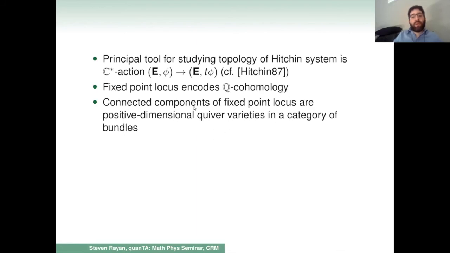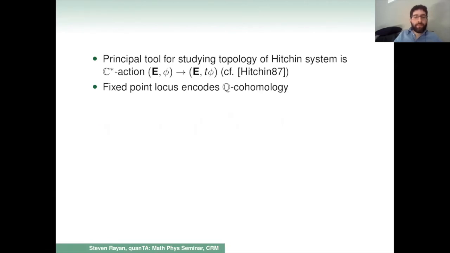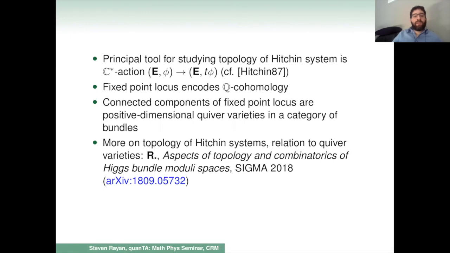So to each component, there's a quiver, a graph, which determines its structure, but not in any simple way. These are not quiver varieties in the ordinary sense. They're quiver varieties in a category of bundles, as opposed to the usual thing, which would be to label nodes by vector spaces. And so this is a very interesting problem, and it leads to contact again with representation theory through quiver varieties,